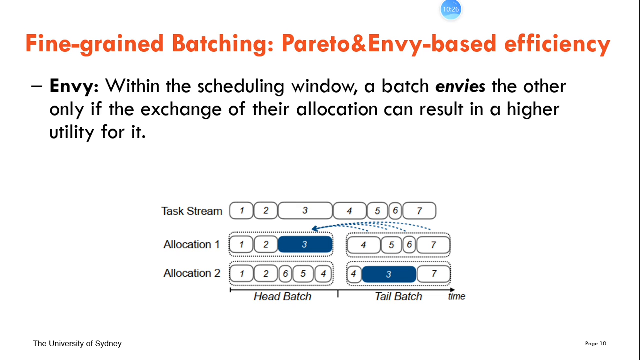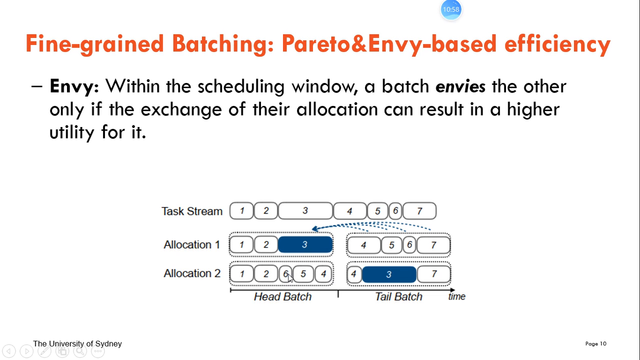And second, we provide the notion of envy. Within the scheduling window, a batch envies the other one only if the exchange of their allocation can result in a higher utility for them. So here we also gave an example. For allocation 1, the tasks are fed into batches in sequence. For allocation 2, task